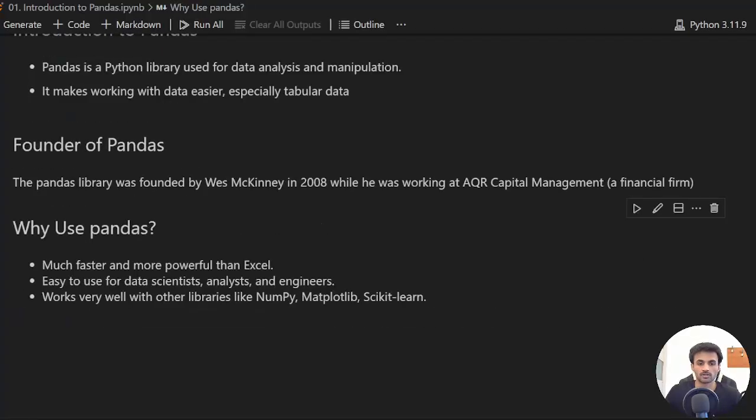Why use pandas? Much faster and more powerful than Excel. For example, if you're working on 1 million rows in Excel, just imagine that. That's why we use pandas. It makes us work much faster and it's more powerful actually. And the second,